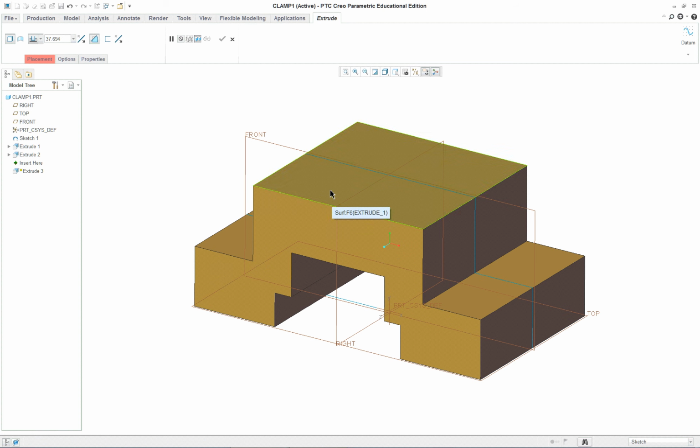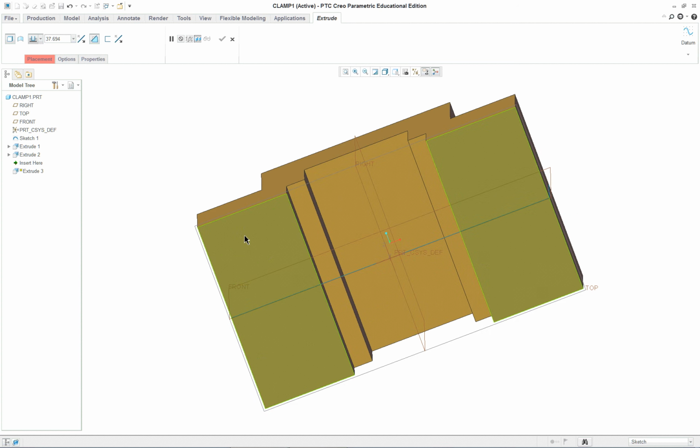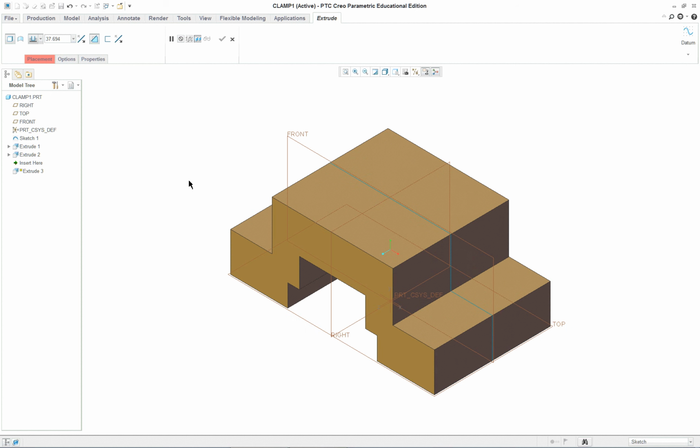That's the same as clicking here. Now, we could sketch on here and cut down. We could sketch on the datum plane and cut up. We could sketch on this face and cut up. I always ask, vote on one of those three. Very seldom do people get this correct. You want to pick the datum plane because that's an earlier feature. It's a more stable feature. You don't want to pick something that may change later. So select the datum plane,